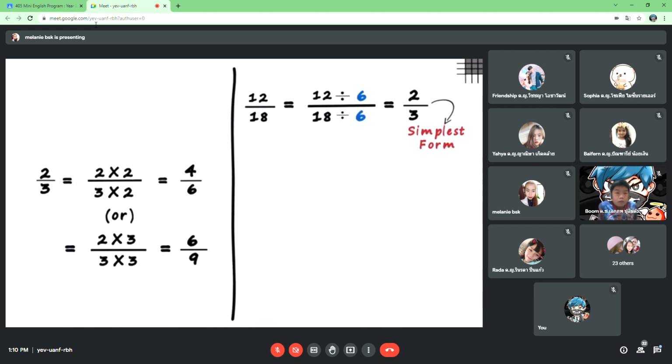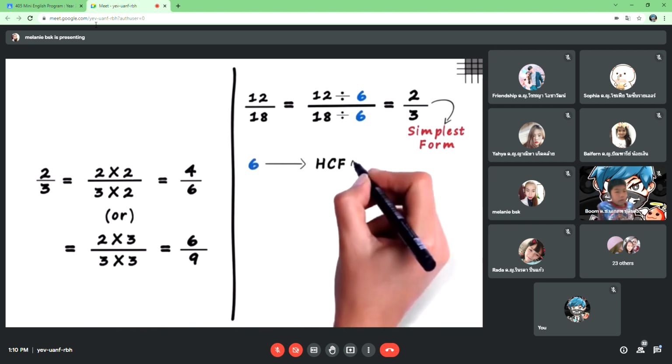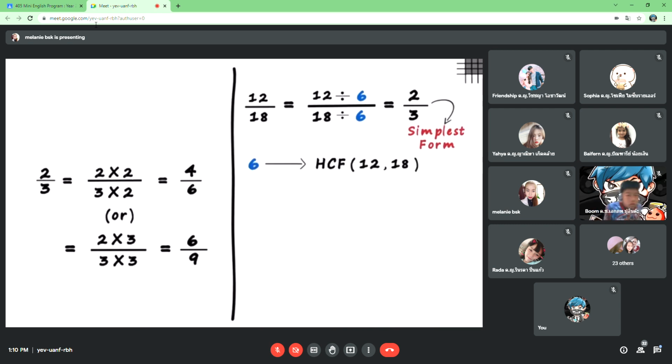That's cool, but how did we know what number we are supposed to divide them by? The number 6 is in fact the highest common factor of the numerator and the denominator. If we divide